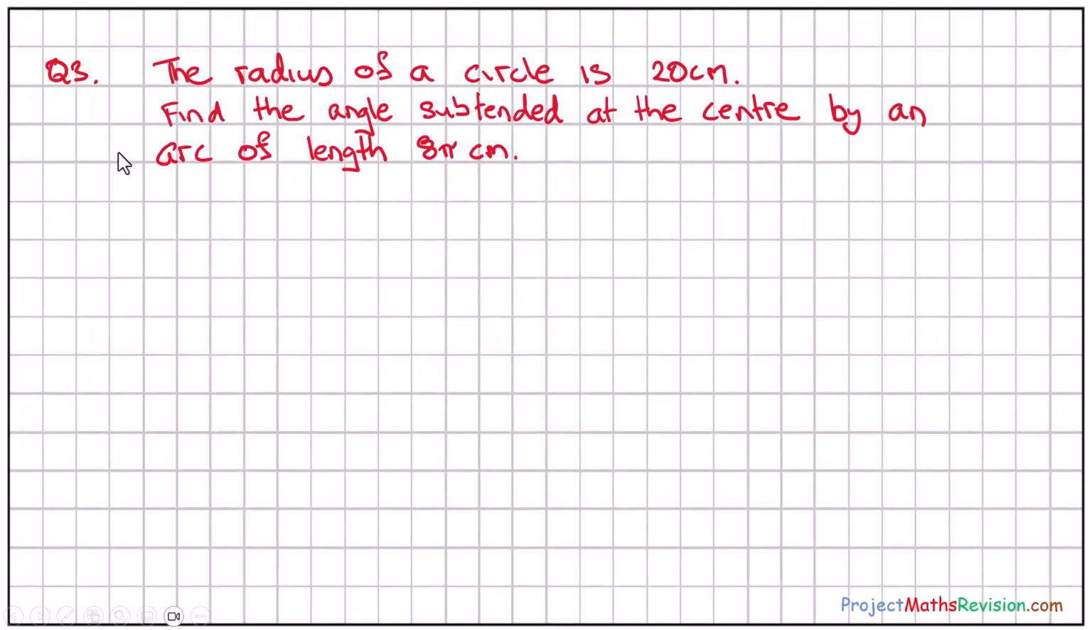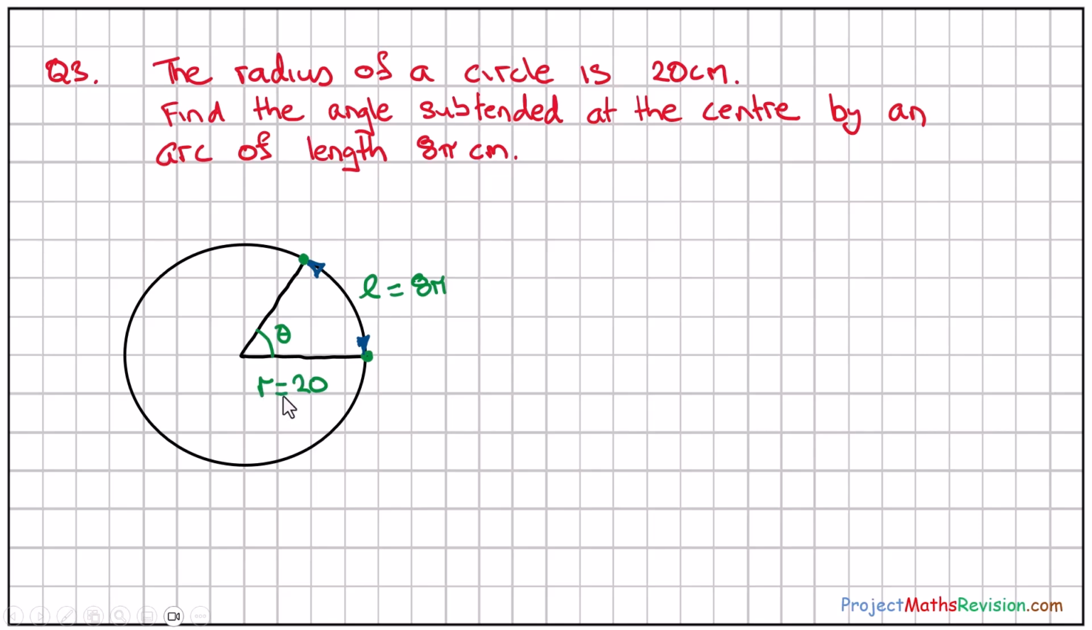So let's take a look at question 3 here. We're told that the radius of a circle is 20 centimeters, and we're asked to find the angle subtended at the center by an arc of length 8 pi centimeters. The best thing to do here is a neat sketch. Here we have the radius, it's 20 centimeters. We have a rotation angle theta, which we'll measure in radians, and the length of the sector or arc is